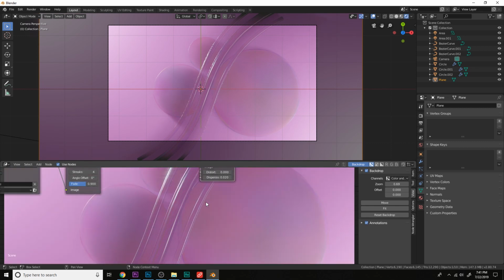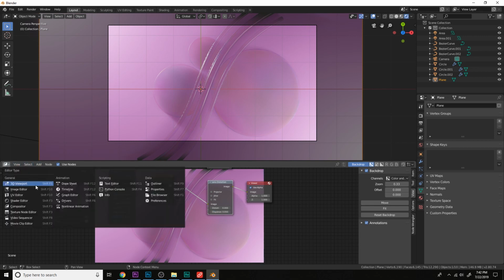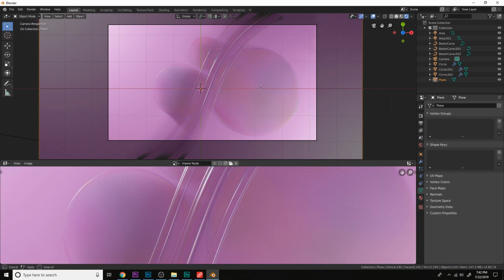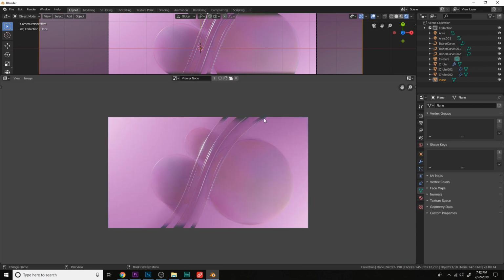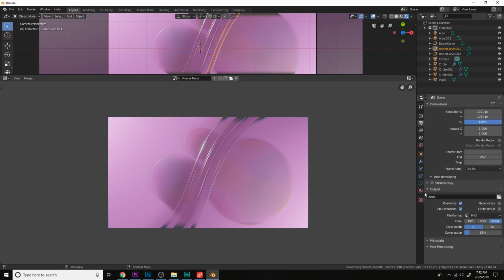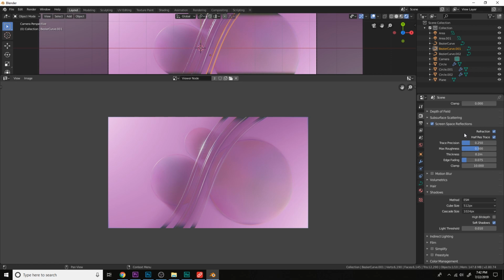And we see that around the edges of the object. Let's do 0.05. Then let's see this in the UV editor here. Let's change the trace precision and edge fading,